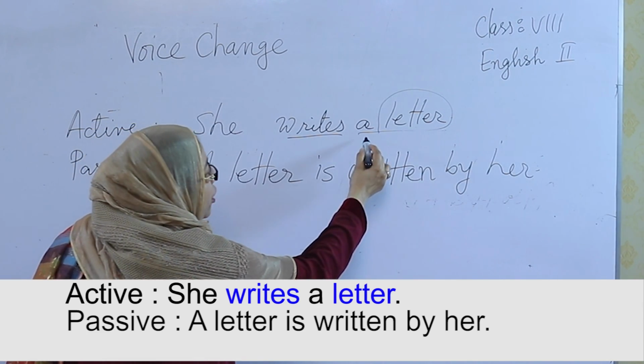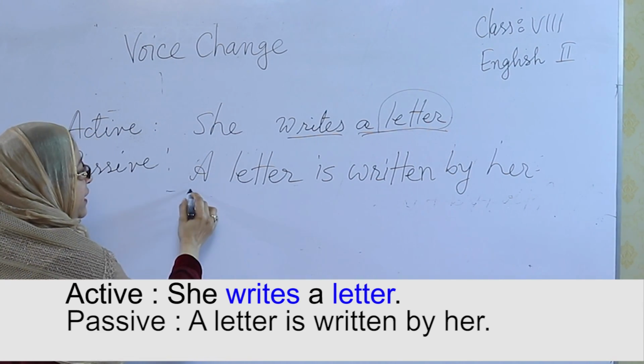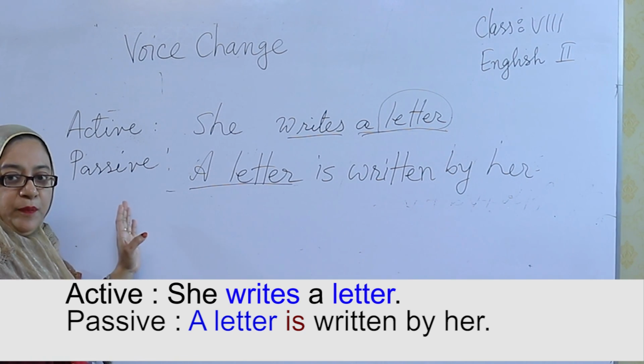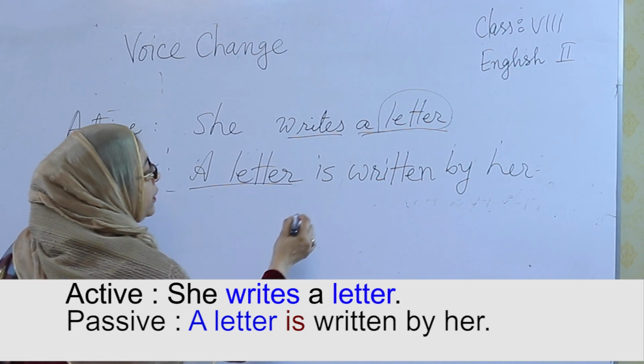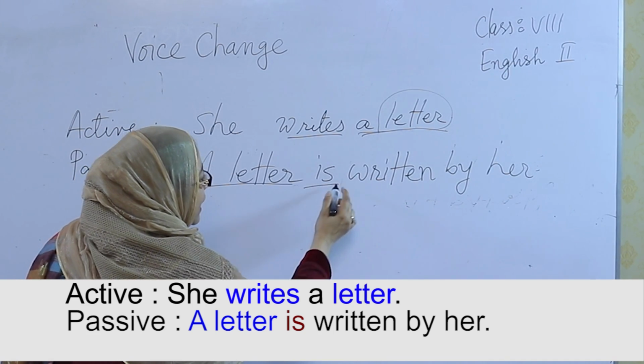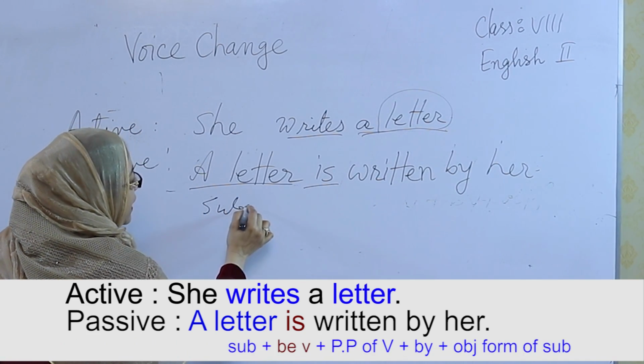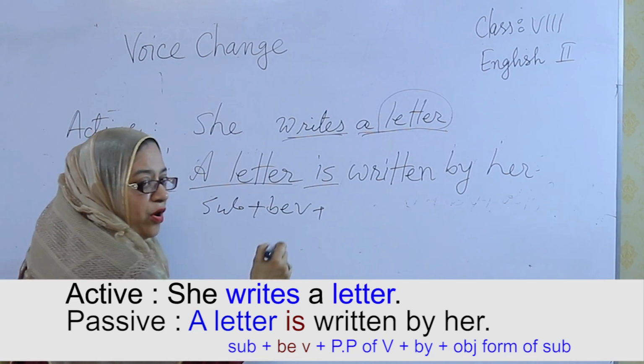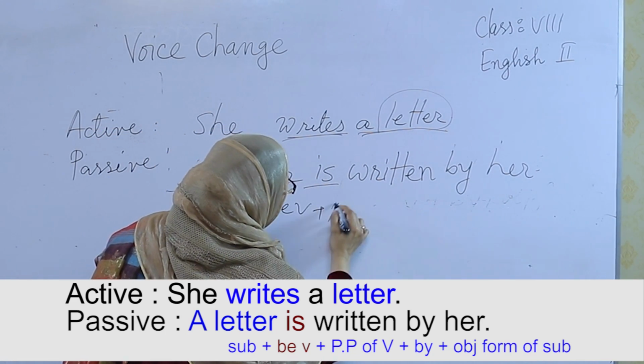The object of the first sentence, a letter, becomes subject of these sentences, and then I write be verb. Subject plus be verb plus past participle form of the main verb